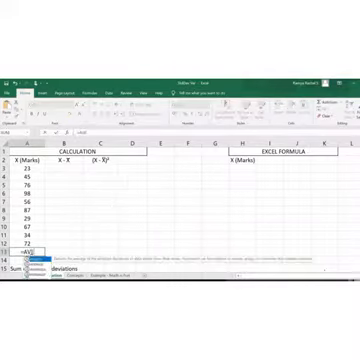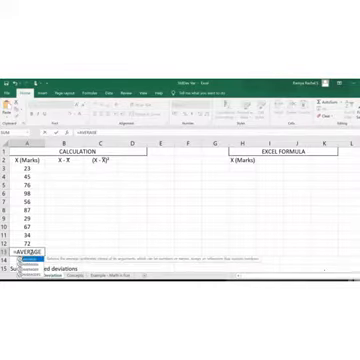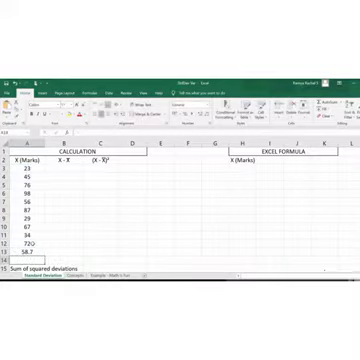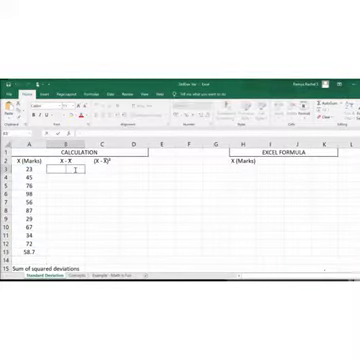We can do that by this formula. Average, open bracket, select all the x values and close the bracket and press enter. Now that we calculated average, the next step is to find the deviation from the mean, which is x minus